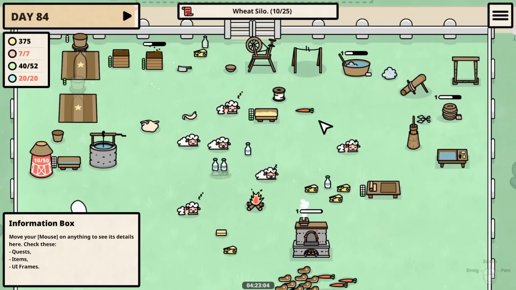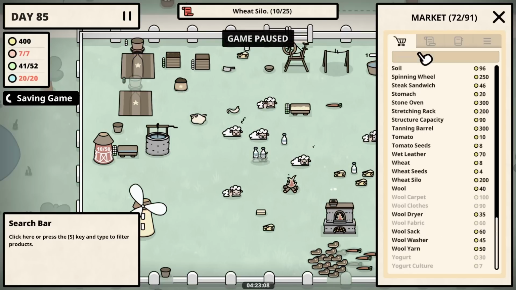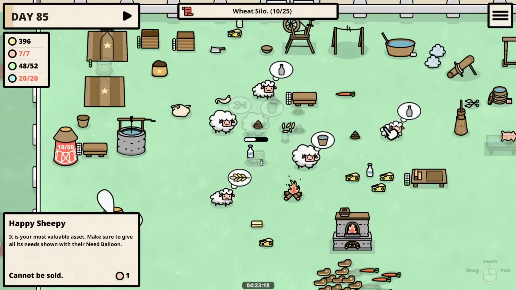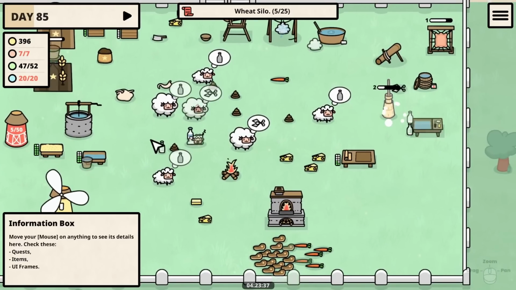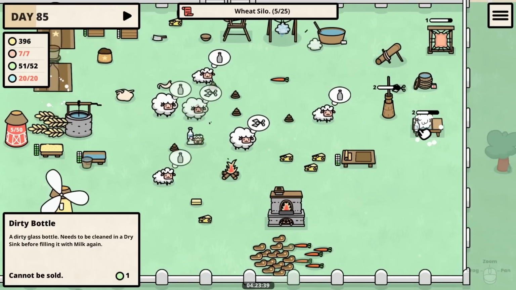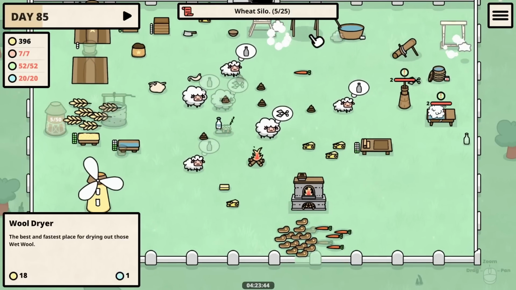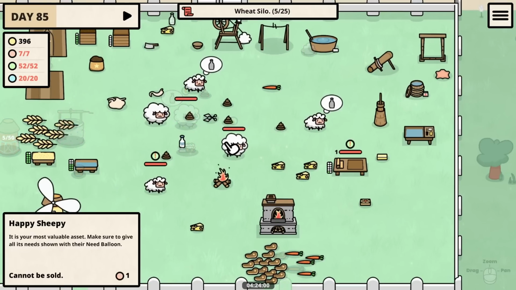Okay, I think we're caught up with everything. Just as the day ends, so that's good news. We still need to get more wheat into the silo. Ooh, and 2 of the babies grew up. That's good news. And let's see, where are we at with things? We need more bottles, more empty bottles and clean bottles. And then we need the shears to do shear things, but I don't know where the shears are. Okay, where did the shears end up? They're over there. Okay, and I can't even...